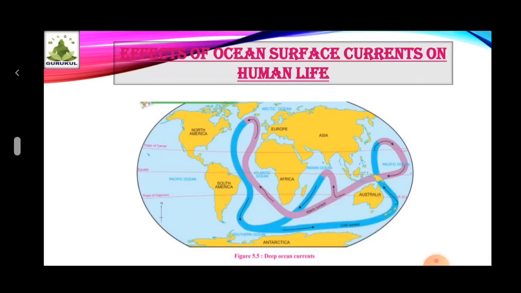Grand Bank near the North American coast in the Atlantic Ocean and Dogger Bank near the European coast are some of the examples related to that. With respect to water transport too, the ocean currents are very important. If the transportation is done according to the flow of ocean currents, the speed of the ships increases and fuel is saved too.